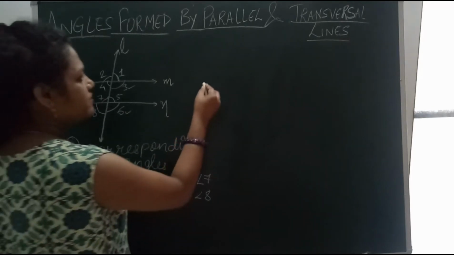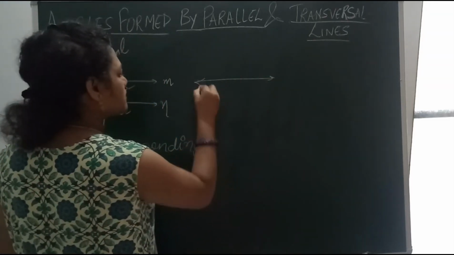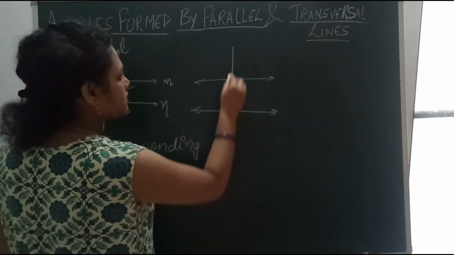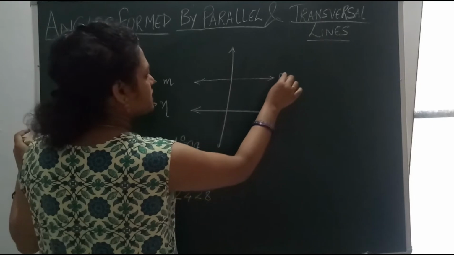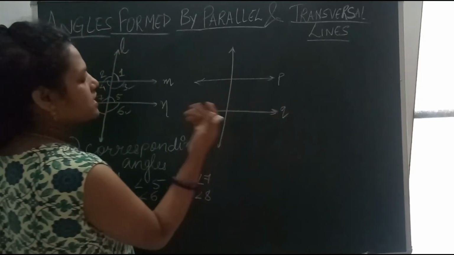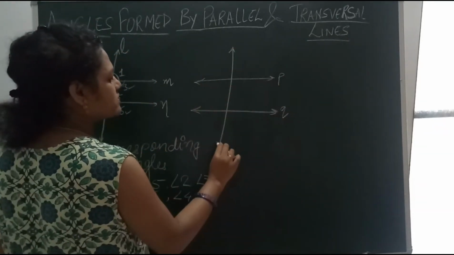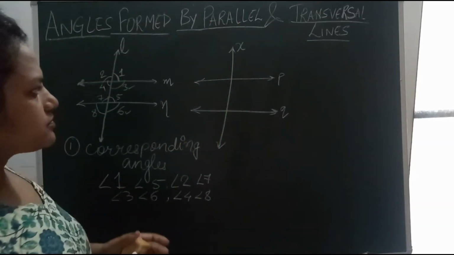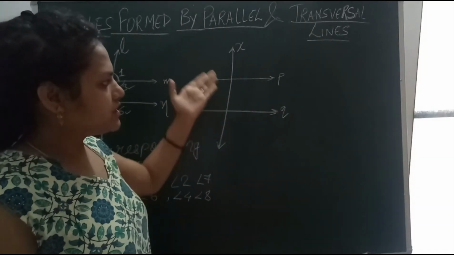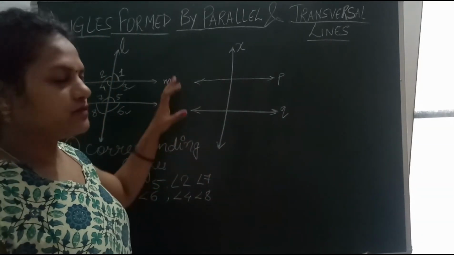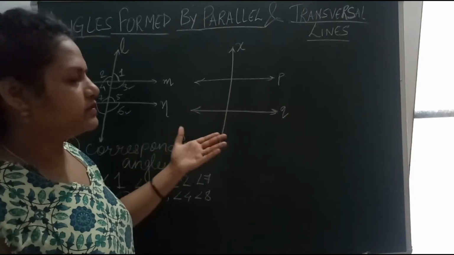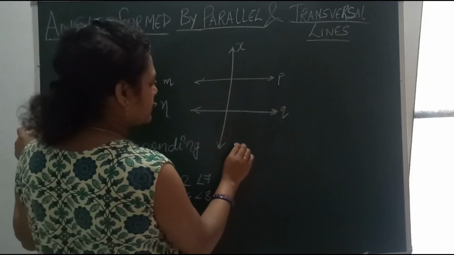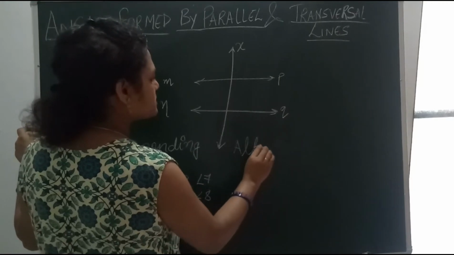Next we will see again the same, say these two parallel lines P and Q, and there is one transversal line, say X. We will see these angles first, then I will take one example and we will solve it. Next we will see alternate